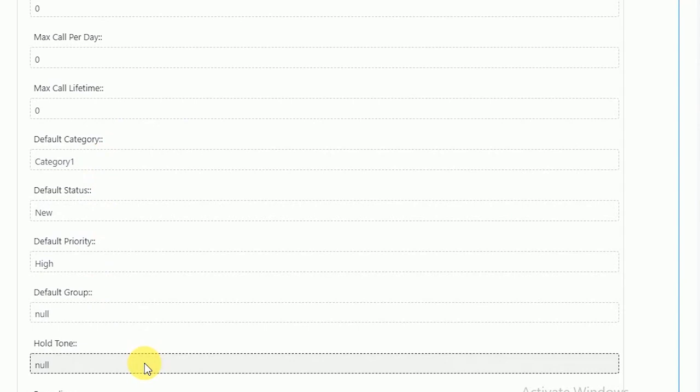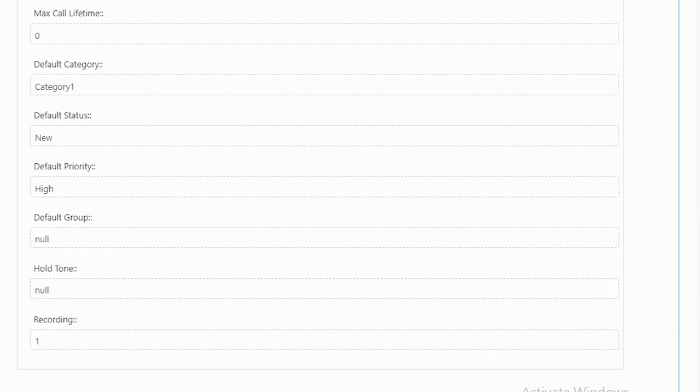Then we have the hold tone. Now in place of a boring tring tring sound, you can set a customized tone. Then recording is here. From here you can enable or disable recording for the incoming calls on your IVR basically. So this was all for IVR and its features.